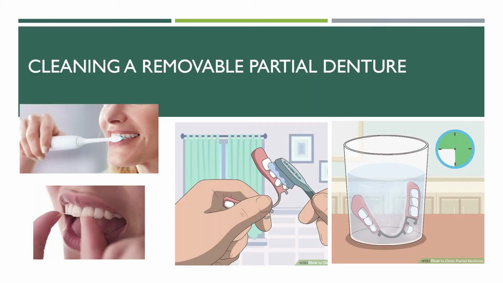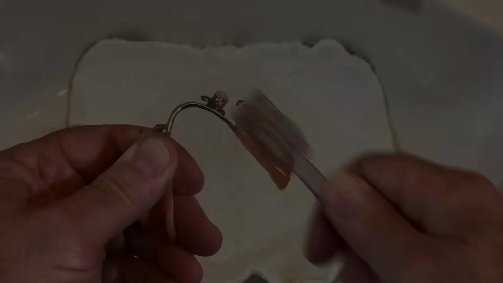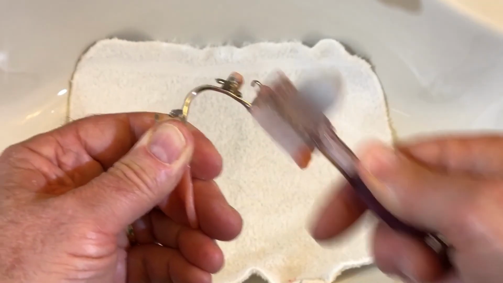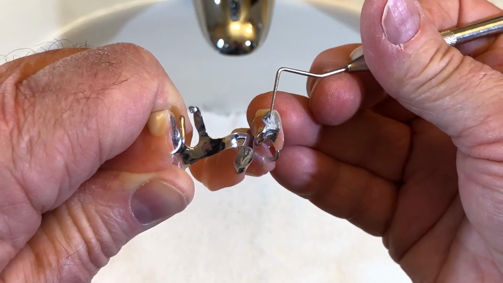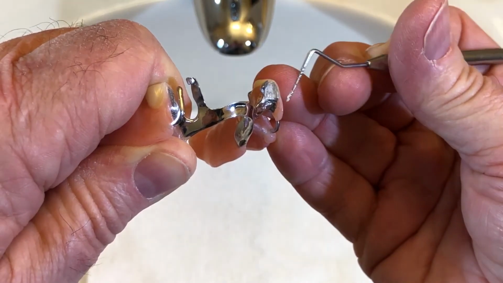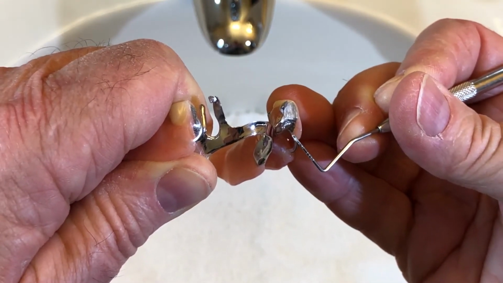Removable partial dentures require removal of the partial every day for proper hygiene of the teeth, including brushing and flossing, as well as cleaning of the partial. Here's a demonstration of how to appropriately clean partials. Partials accumulate food debris, plaque, and stain with use. Removing this buildup requires gentle scrubbing with a brush every day to help mechanically remove it and maintain a hygienic